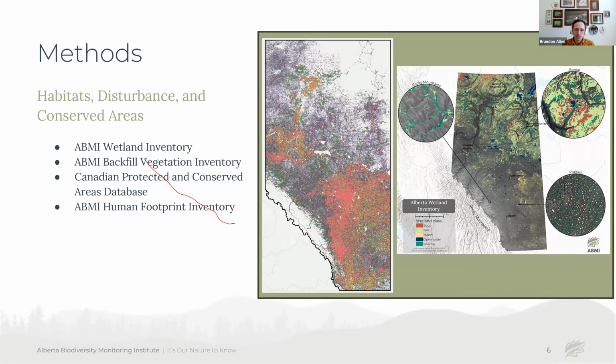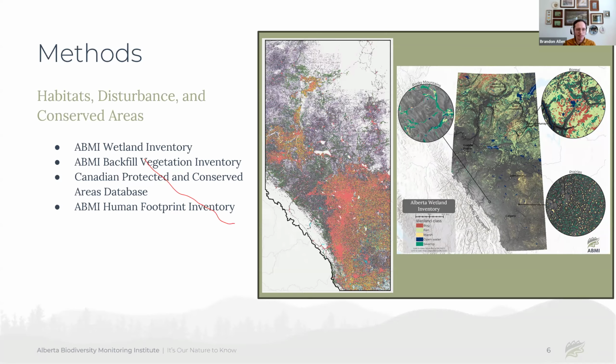We then also have internally what is called the ABMI backfill vegetation inventory. For all of our upland habitat types, the ABMI has worked together with a lot of our partners to harmonize land cover inventories across various parts of the province in order to speak to the same types of land cover. This involves a lot of collaboration with forestry partners using their AVI inventories, the Alberta Vegetation Inventories, as well as partners in the national parks, who provide their individual land cover inventories for Jasper, Banff, and Wood Buffalo National Parks. We then, of course, rely heavily on CPCAD, the Canadian Protected and Conserved Areas Database, for understanding where these protected areas are in the province.